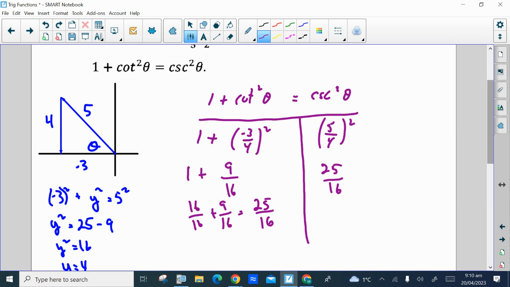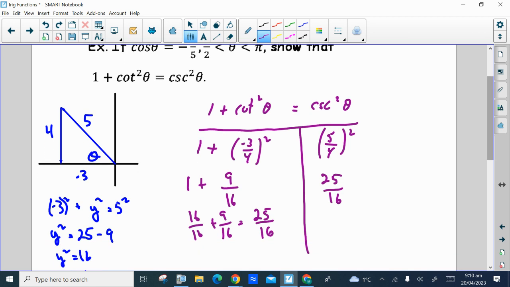Not only for this specific triangle, but it'll work for all values of theta, except where we have non-permissible values. And remember, cotan is cos over sine. So sine theta cannot equal 0 because you have a denominator of sine when you write cotan as cos over sine. And that's the same denominator for the right side because cosecant is 1 over sine. Doesn't matter that it's squared, 0 squared is still 0. So we will talk about restrictions on